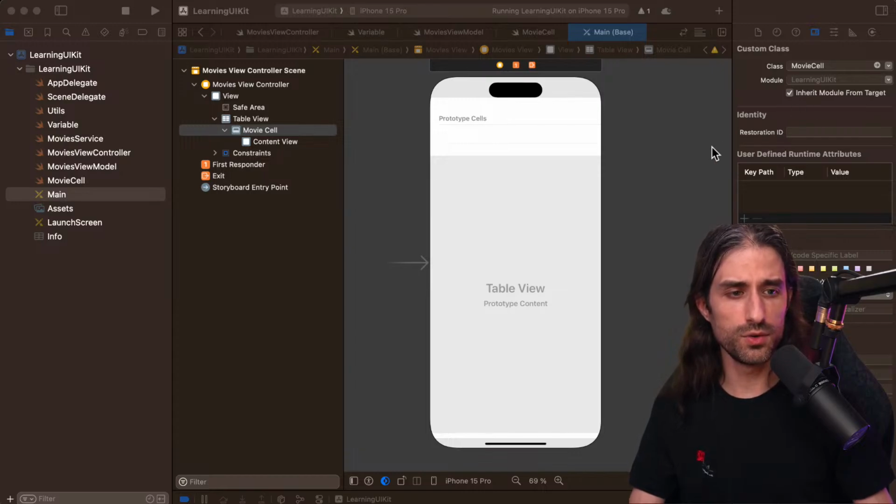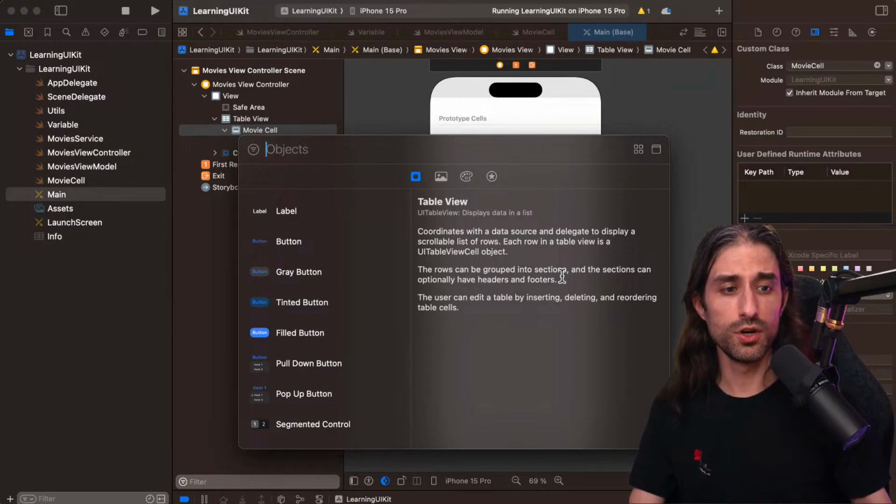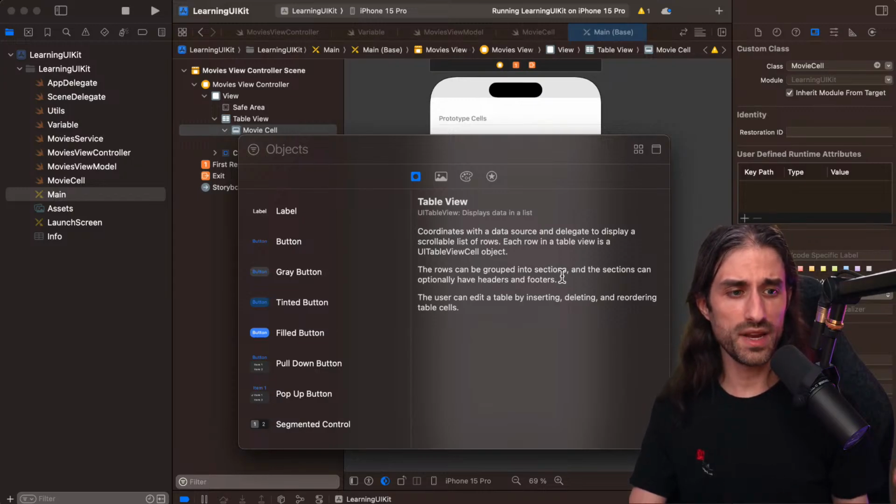The way I'm going to do it is that I'm going to use what's called a stack view. A stack view is very similar to an H stack or a V stack in SwiftUI. It's what allows you to stack views in one direction, so either vertically or horizontally. And basically the stack view will take care of creating the constraints for you. So you can see a stack view as a very simplified version of the SwiftUI logic in the UIKit world, because it's more declarative than your typical UIKit view, but still quite more verbose than the H stack and the V stack in SwiftUI.